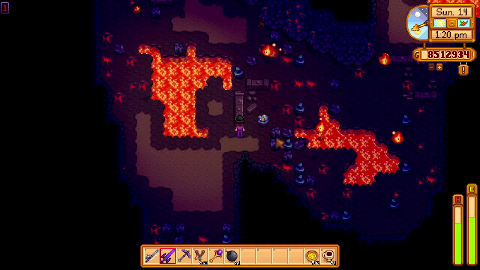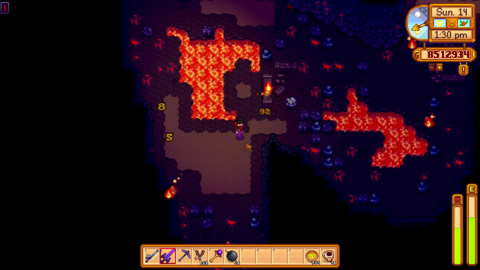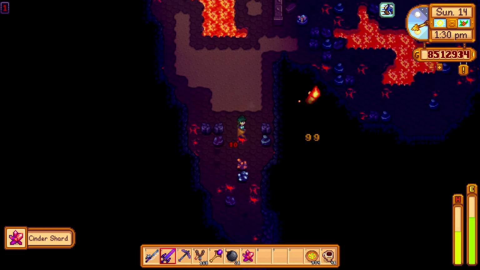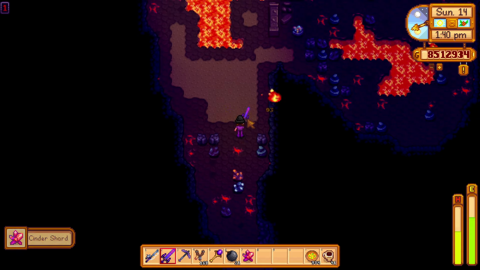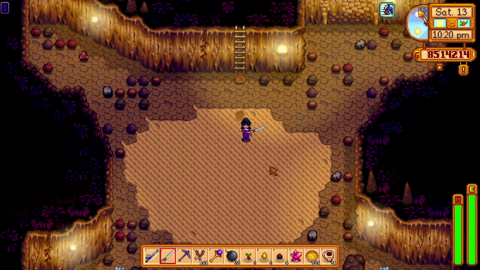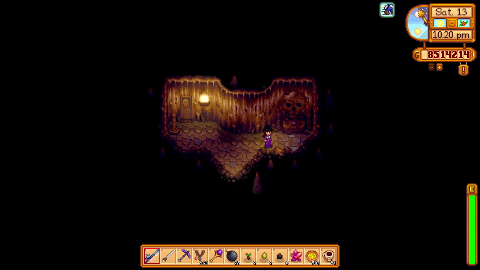These guys are once again similar to the bats, and the best strategy is just to stand still, wait for them to charge at you, and of course, when they're about 2 blocks away, you just start swinging your weapon to hit them. And the last, ultimate tip I was going to give you, which is a 1.6 spoiler, is